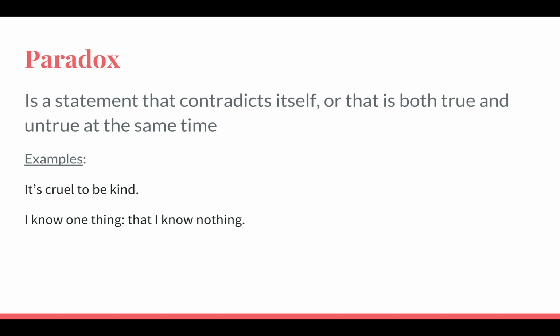Paradox is a statement that contradicts itself or that is both true and untrue at the same time. The examples are, it's cruel to be kind, and I know one thing that I know nothing. So, it's cruel to be kind is confusing because it seems untrue. You can't be cruel and kind at the same time because they're opposites. But it can be true because sometimes we're nice to people and that's not actually really helpful for that person, right? Like if we lie to someone just because we don't want to hurt their feelings, sometimes it's better to